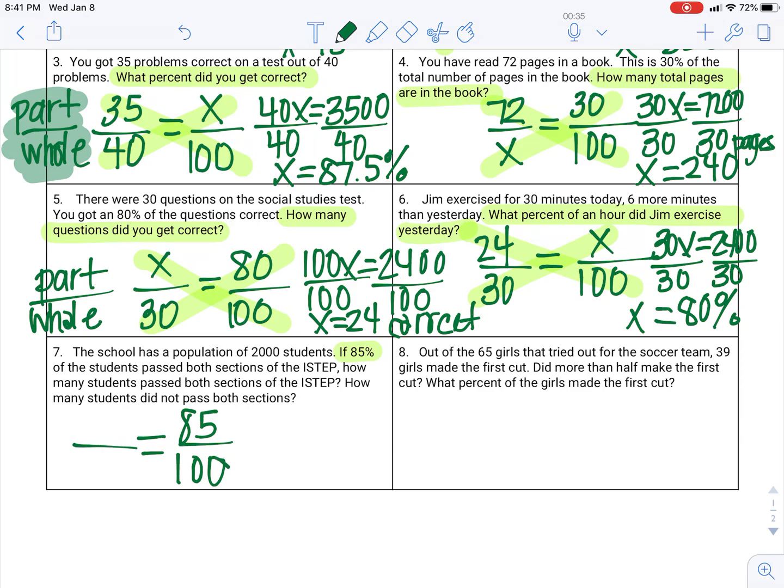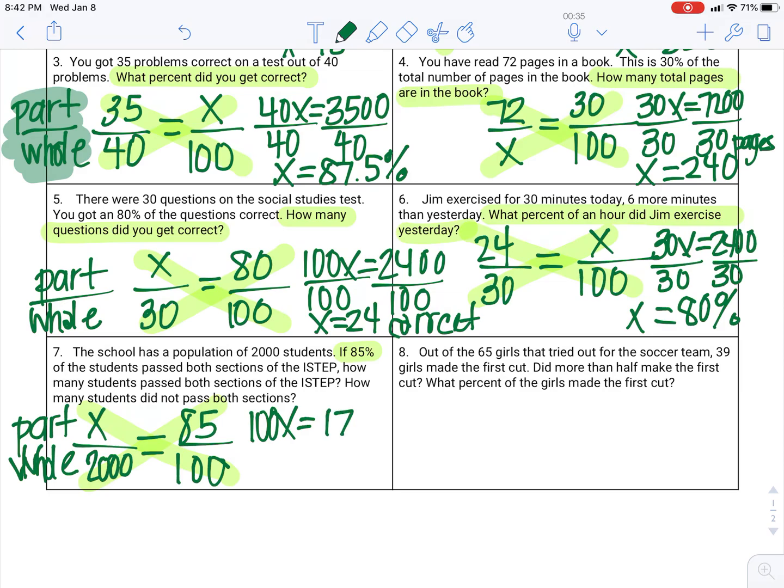So now I need to figure out, am I looking for the part or am I looking for the whole? So the school population has 2,000 students. Well, if a population has 2,000 students, that's the entire school. So it's got to be the whole. And we're looking for just the students that passed the sections on the I-STEP test. So we don't know how many. That's the X. So I'm going to figure out my students that passed both sections first. So 100x equals, and then do your 2,000 times 85